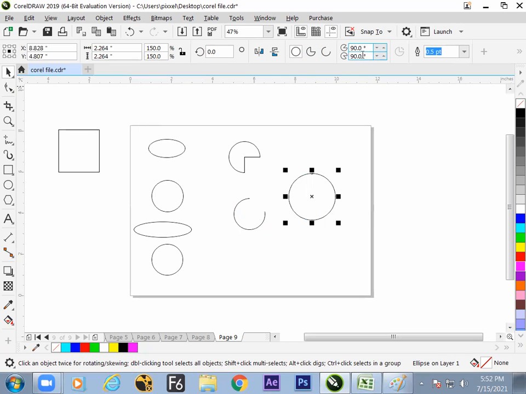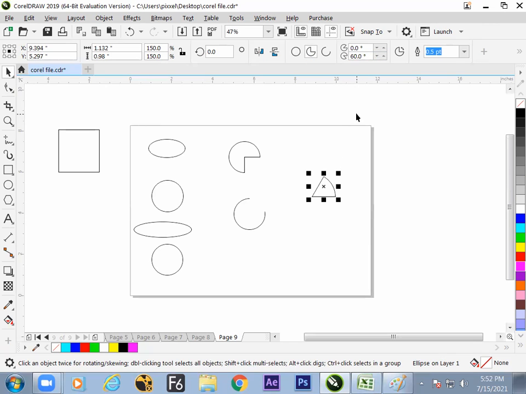Once you come down to this option, 270 and 0. So 0 is this, 270 is this. If this 270 is changed to 45 degrees or 60 degrees, then you get a partial part of your circle. So what is 60 and what is 0 needs to be clear.